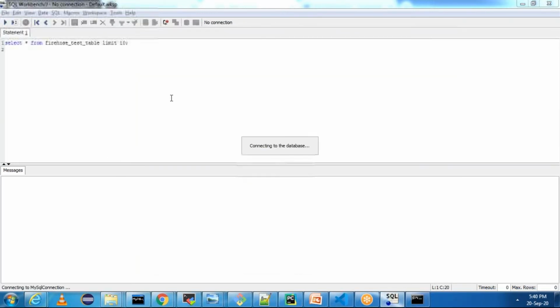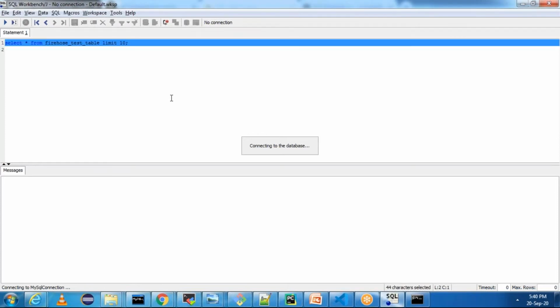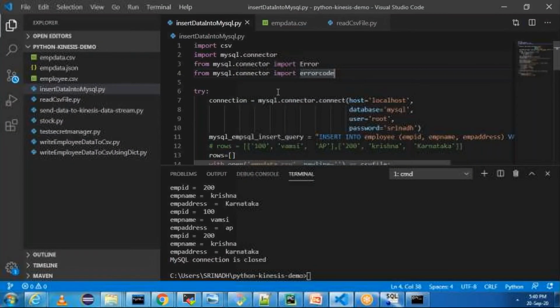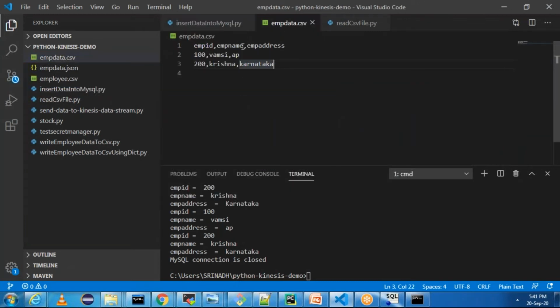Click on OK. Now we need to create the table. Let me create table employee. Why? Because we are going to write a Python function which will read the CSV file and store it in the MySQL database. For that, the columns are employee ID, employee name, and employee address. I am going to create a table with these headers.